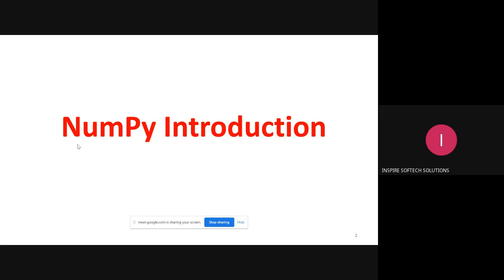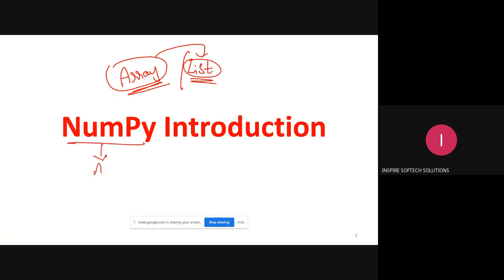Now generally you will think, what are you performing in numerical Python? You'll be performing operations on arrays. Everything is completely based on arrays. We can tell it as a list. Array is nothing but a list. In other programming languages we have arrays, but in Python we don't have arrays; to replace that we have a list. But numeric Python is nothing but arrays.